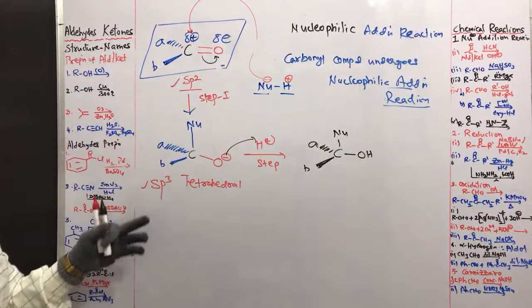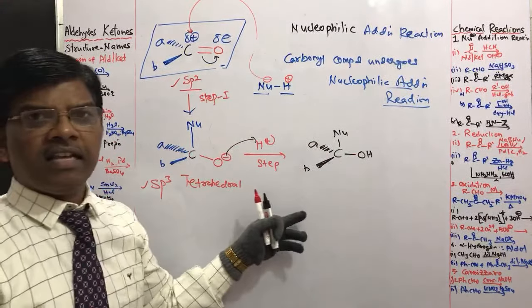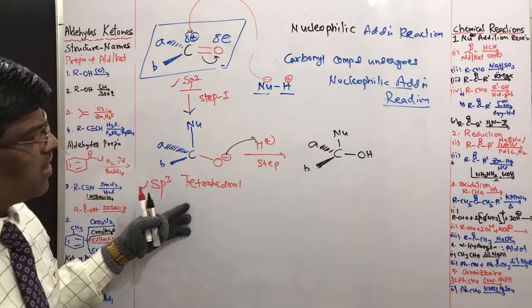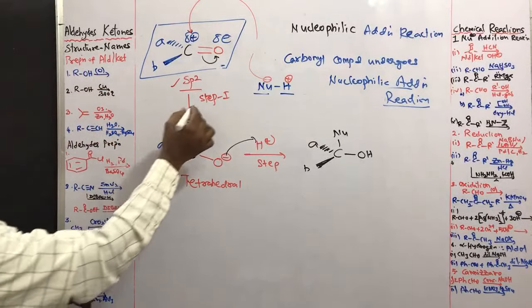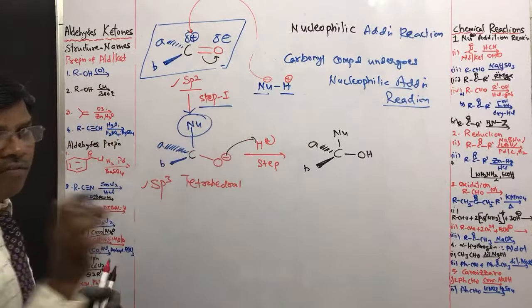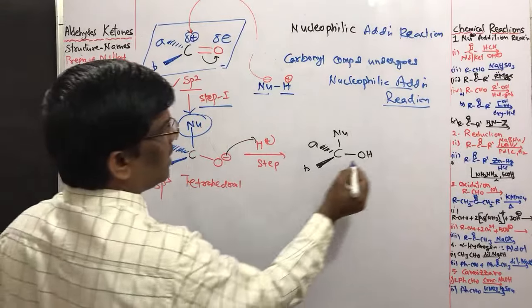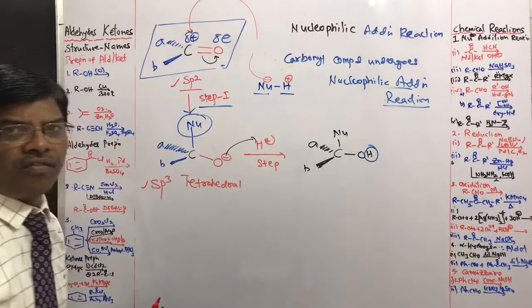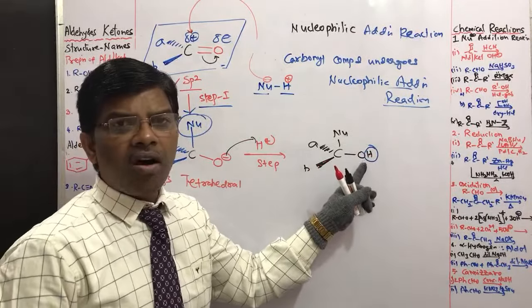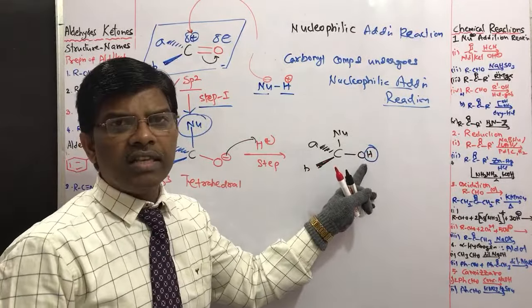Yes, so this is how addition will take place. So based on these nucleophilic addition reactions, what are the steps? So first step is addition of nucleophile. First nucleophile will be added, then followed by hydrogen or electrophile onto oxygen. This is the common mechanism for all these reactions. If you are through, then the remaining mechanisms are very simple and easy to understand. Next,